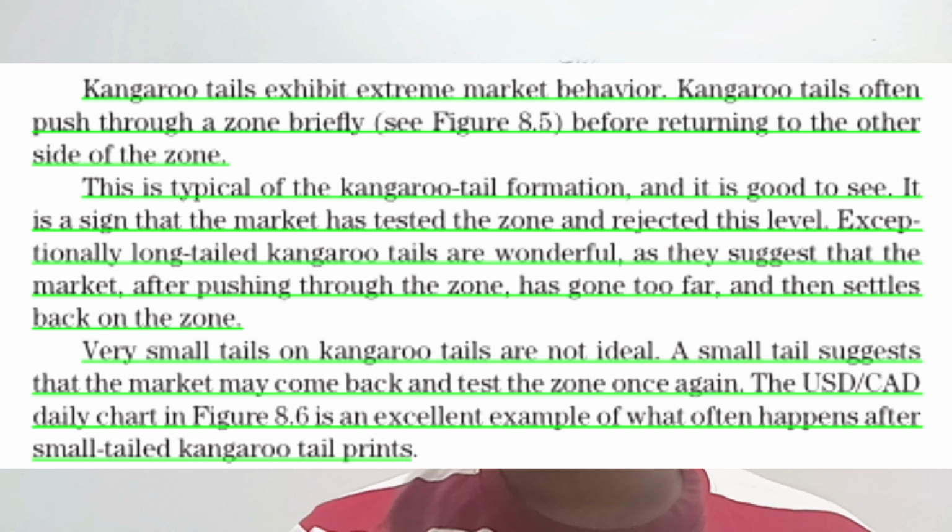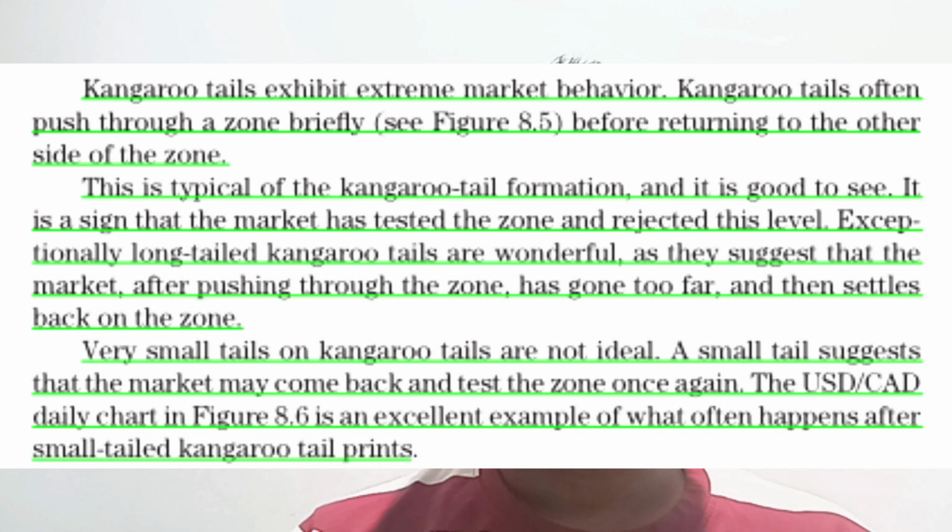Kangaroo tails often push through a zone briefly before returning to the other side of the zone. This is a typical kangaroo tail formation and it is good to see. It is a sign that the market has tested the zone and rejected this level. Exceptionally long kangaroo tails are wonderful, as they suggest that the market, after pushing through the zone, has gone too far and then settles back